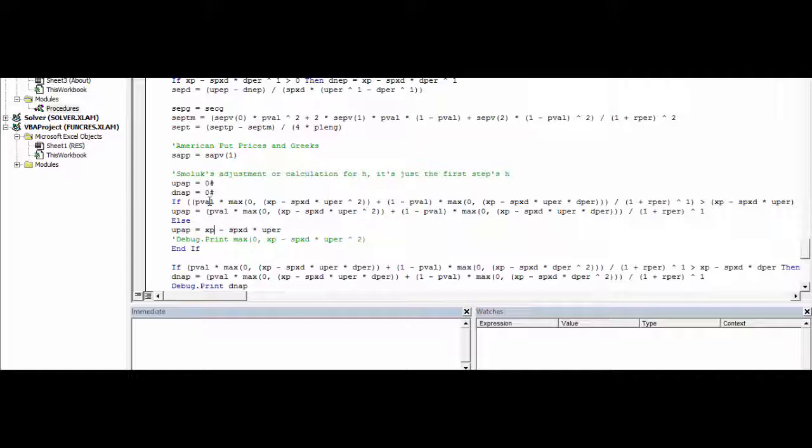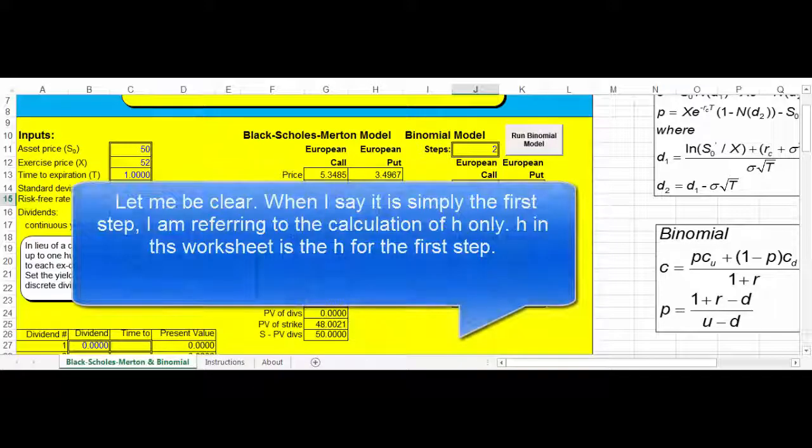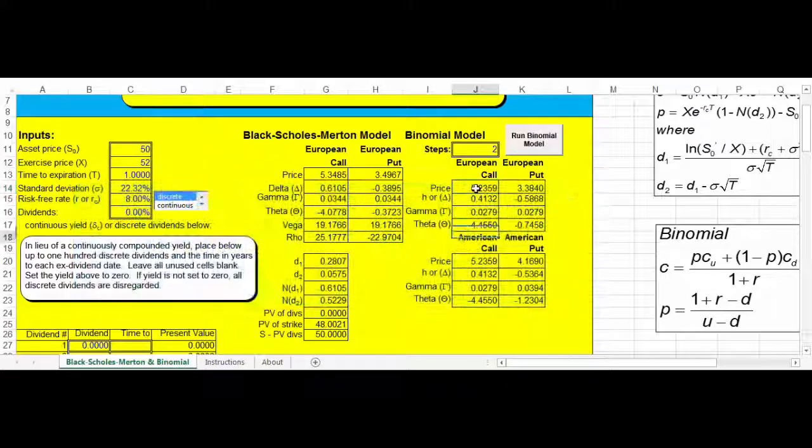So let's bounce out of this. You come back out by hitting the X here for Excel. We're back in here. So now the way I have these 2 H's, each H works this way. No matter how many steps you have in this model, it's simply the first step. Okay. And then notice, what else you want to notice here is that look at the European call and the